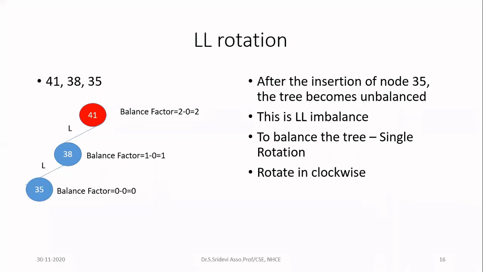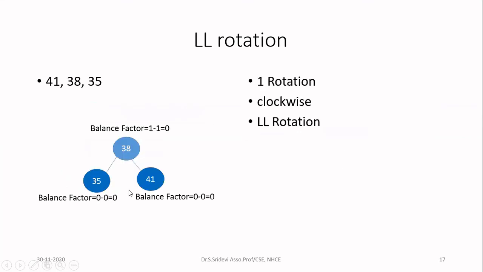Now let us see how to do the rotation. I'm going to assume that there is a nail in 41 and also there is a thread. I have to pull the thread downward. So when I pull the thread downward in the clockwise direction, what will happen? There is a thread here, I am pulling it downward. So 41 will come down. When 41 comes down, automatically 38 will move up. Similarly, 35 will also move up. So your tree will now be like this. We have pulled 41, so 41 is down, then 38 moved up and also 35 moved up.